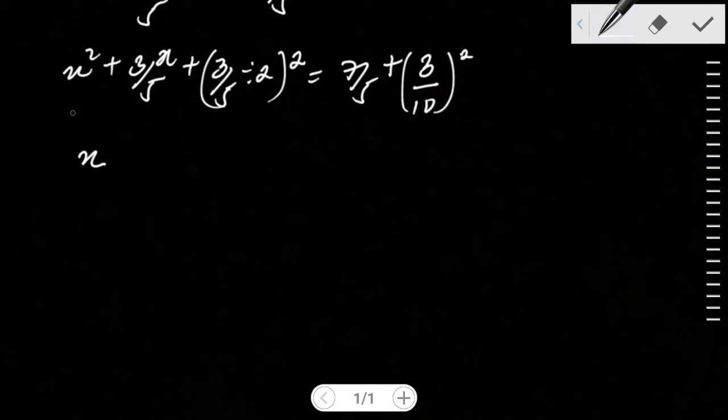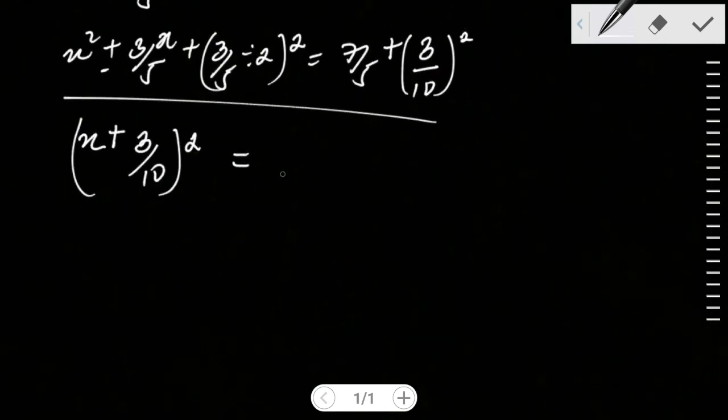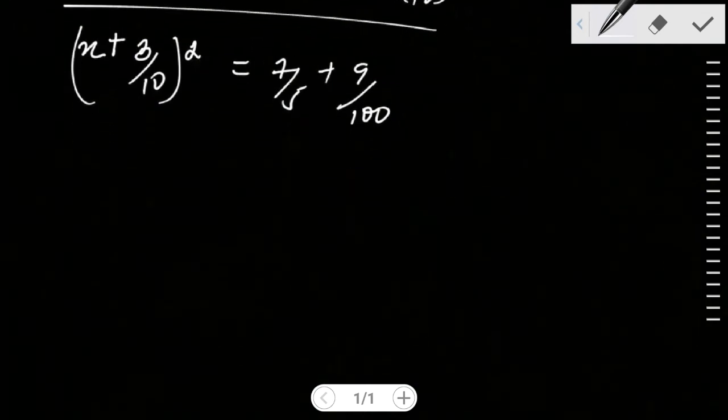We know that when we resolve this, that's when the sign comes back, but in this step we don't care about the sign. But if you're writing this final step, that's when we bring back the sign. Therefore we're going to have here x plus 3 all over 10, but the whole of this would be squared, which would be equals to 7 divided by 5 plus 9 all over 100, and so this would be x plus 3 all over 10